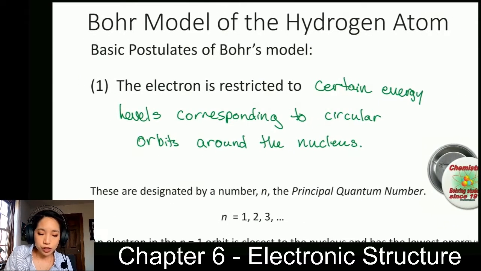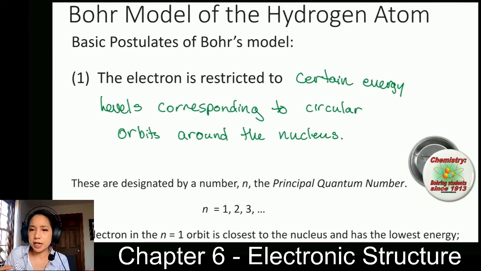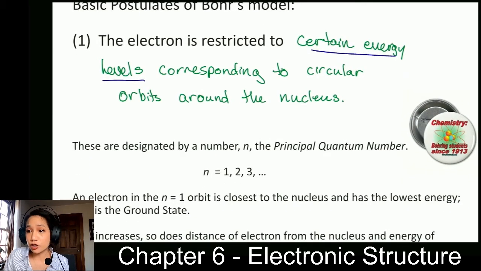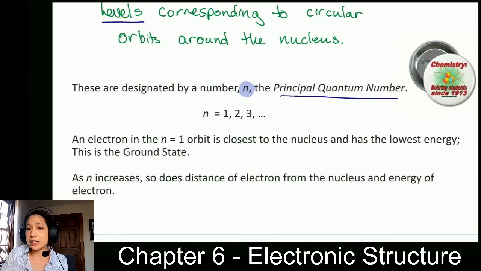All right, so this first postulate kind of piggybacks on the Rydberg equation, where we put in those integers. So those certain energy levels that I talk about here are designated as integer values, or this n value that we call the principal quantum number. So n is equal to any positive integer. So n can equal 1, 2, 3, 4, and so on. So typically an electron, when it's in its ground state or when it's in its lowest energy state, n equals